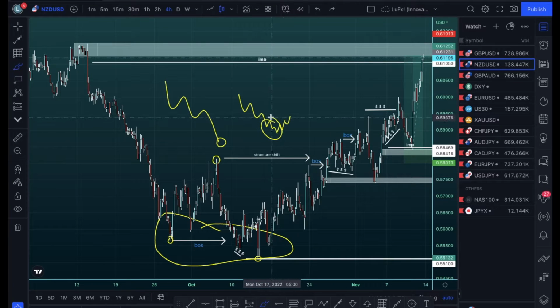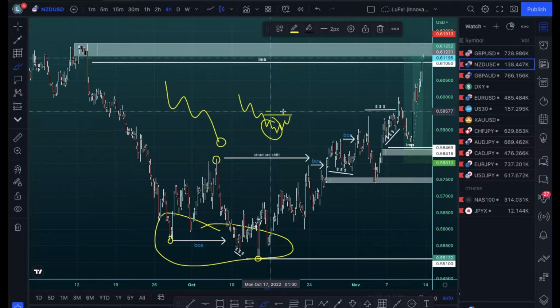rather than coming back up for a pullback, right? Because you shouldn't be trying to have reasons to buy into pullbacks. You should only be wanting to take the market down. So if the market's heading down,